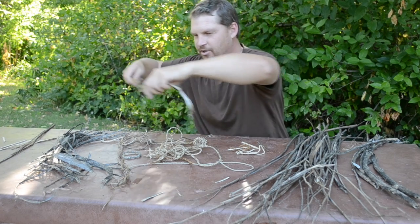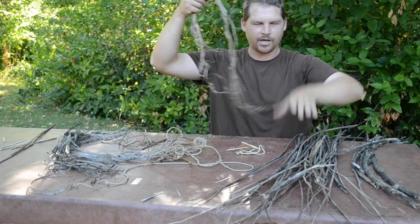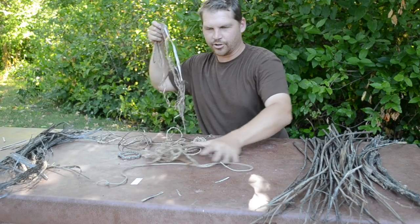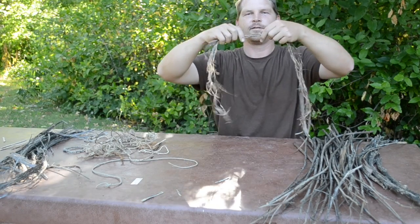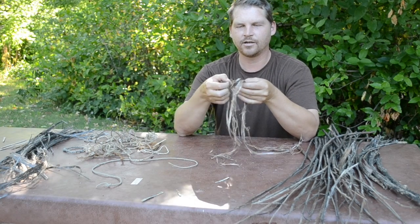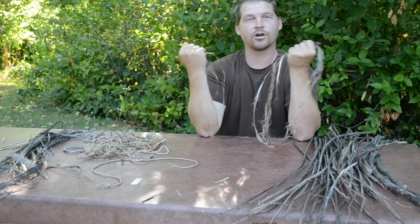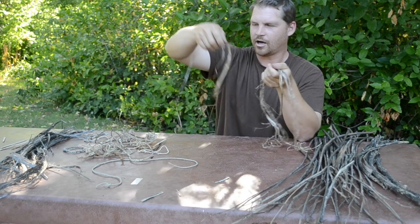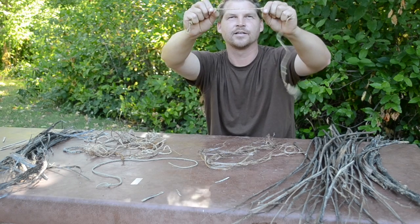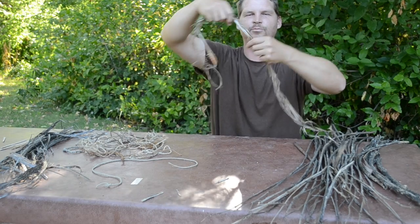So I'm going to layer that one I just did with a couple others that I already removed earlier today to show you. You can make them of any thickness also. I could have made a rope out of just one of these strands. It would still be strong enough not to break if I tugged on it, but it would be very thin. You know, it might come out as thin as this. But I'm going to layer it up a little bit just so you can see it a little better